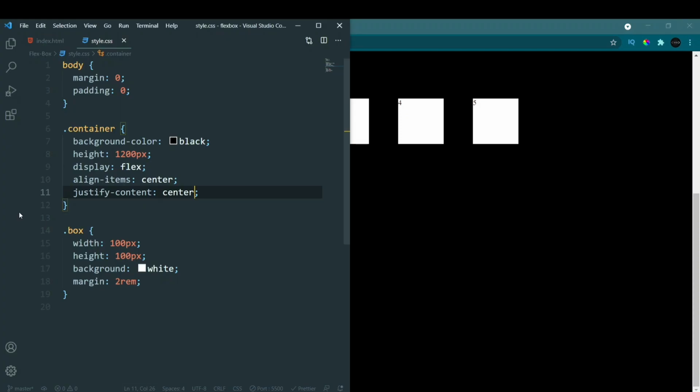Okay, so these are the few properties that you apply so that you can start using flexbox. These are the three properties that are most commonly used. You have to just keep in mind that first one, the other two of them we are going to see along with the other properties that we have.